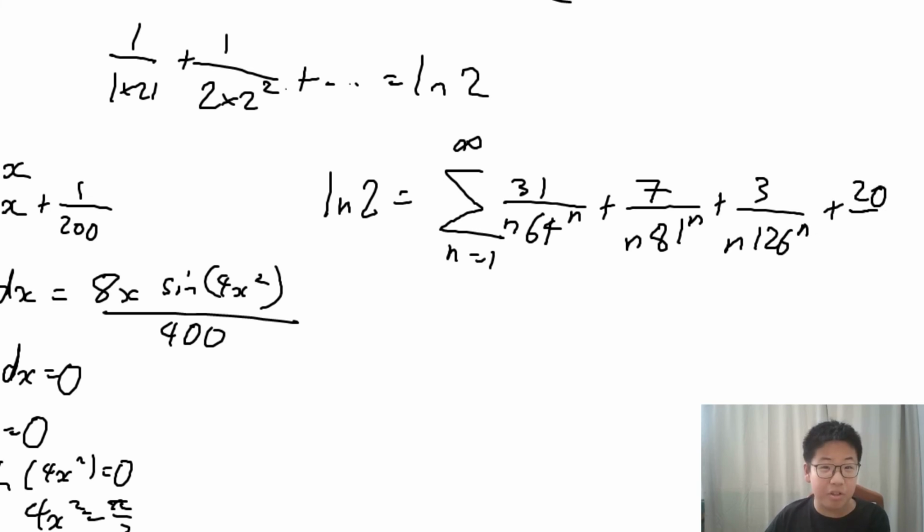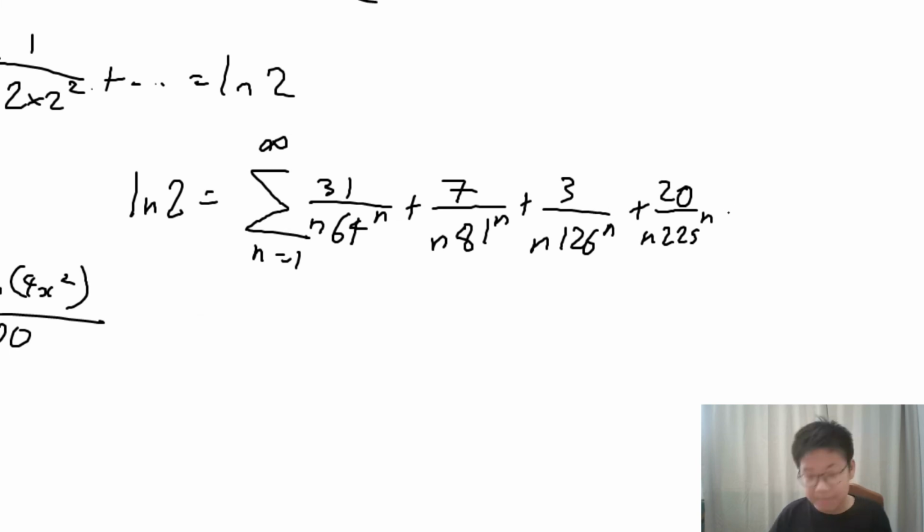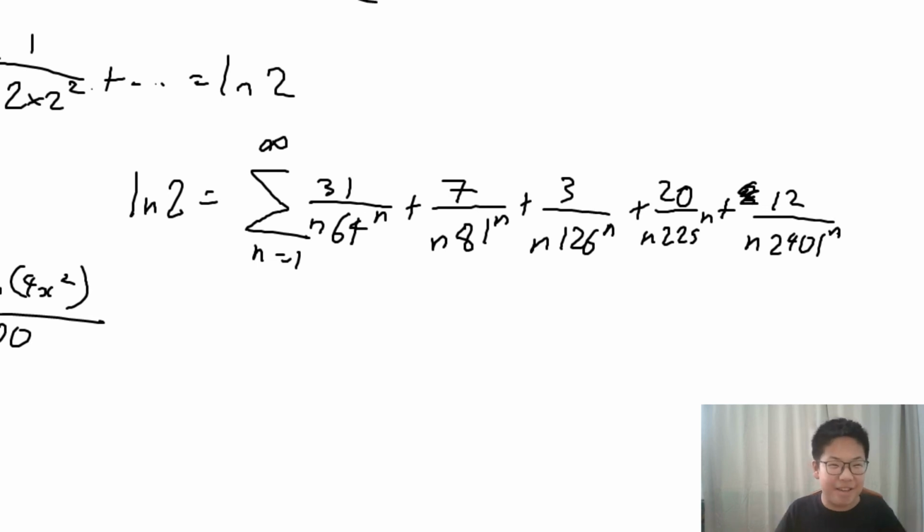So Taylor series are polynomial approximations to certain functions, and other Taylor series for a certain number of mathematical constants can be obtained by A, multiplying by a constant, or B, changing the parameters in it. So here's the Taylor series, and you might think all of the terms are in the same form. Want to know why? Because if you substitute and take off all the constants, this will become ln of 64 over 63, then ln of 81 over 80, and so each of these n times a to the power of n series will form some super particular ratios. And I'll post the value of this constant